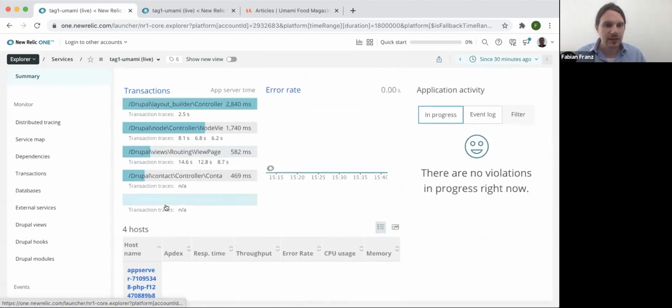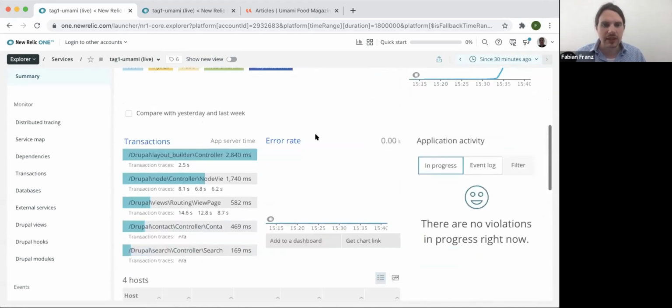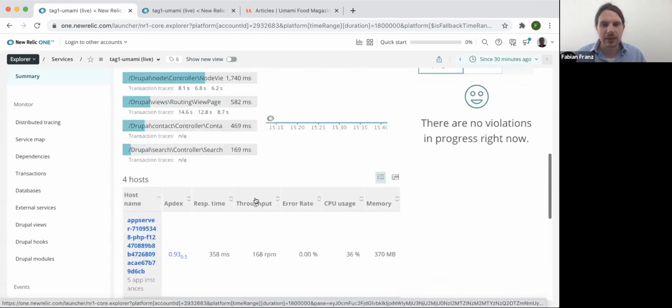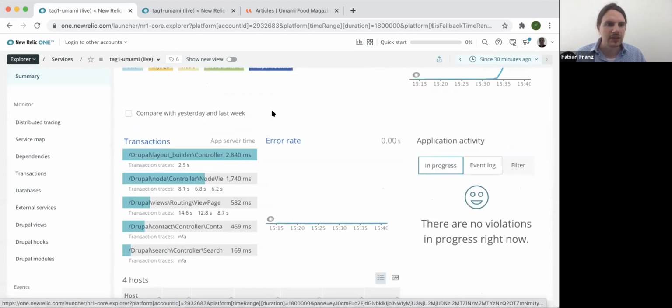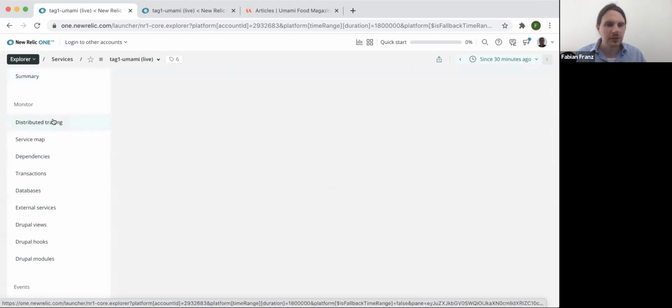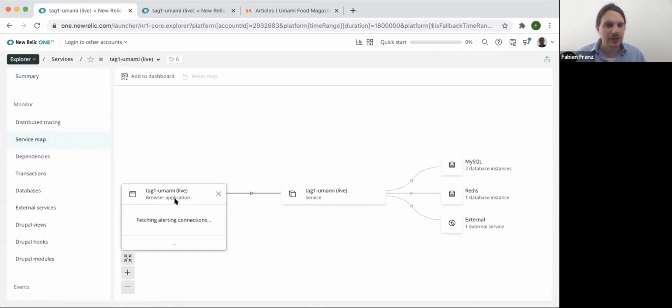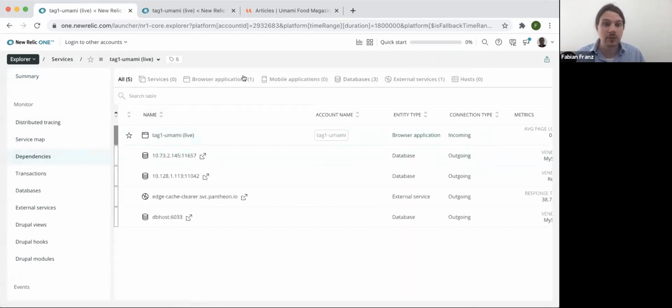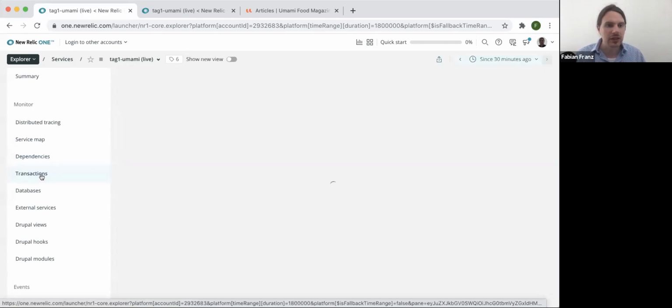But now let's look at some of the traces, because essentially when you're running such a load test, you'll always have some requests that are slow. And that gives you a great ability to find problems on the side. Essentially, just to show real quick what we have here, there's distributed tracing, which we don't have because there's nothing set up for that. Then we have this browser application, the service, MySQL, Redis, and external. That's essentially how the system is built, and it gives you a great overview over the hardware used. Then there's the edge cache clearer, which we are also contacting sometimes when we are editing content and changing it.